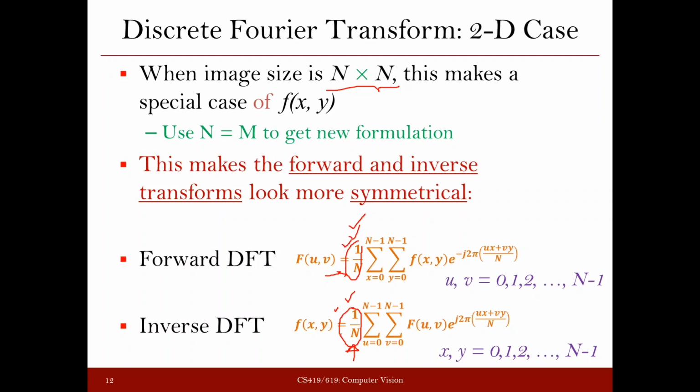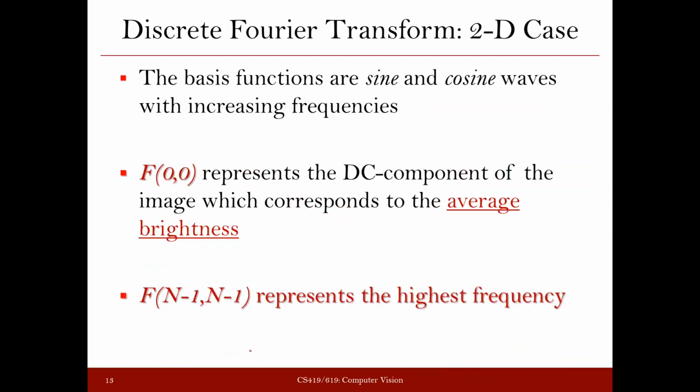Okay. So in our discussion, whenever n and m are going to be the same, we are going to use this kind of notation, where the 1 by n factor is kept in case of forward DFT, and the 1 by n factor is kept in case of inverse DFT. Okay. And normally the sine and cosine waves that we are going to use here are sometimes referred to as basis functions, right? So this whole Fourier transform is based on sine and cosine waves. So those sine and cosine waves are referred to as basis functions here.